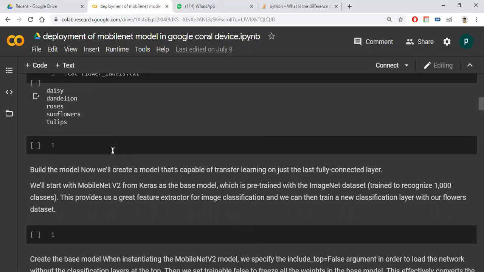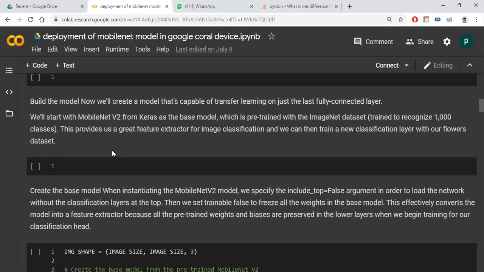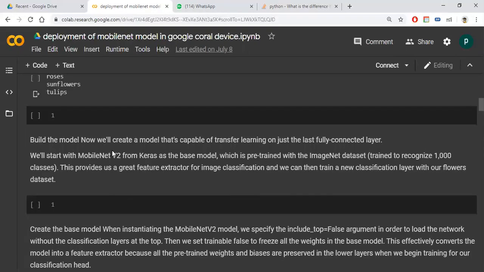Then we have data. Then we need to build the model. For this, I am using MobileNet V2. Why did I choose MobileNet V2? Because we are deploying a model on an edge device, and edge devices don't have much memory to process a large number of parameters.